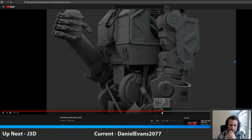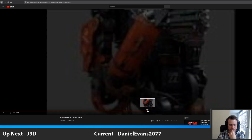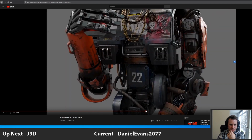The materials to me just don't quite seem right. When you have the paint really worn, the specular quality seems to be pretty much the same between paint, the metals, and where you have that really damaged, burnt area. If you keep scrolling a little bit, on his chest. Oh, the chest. Can we go back? Here we go. Like this, whatever impacted it here, I would expect to see some sort of